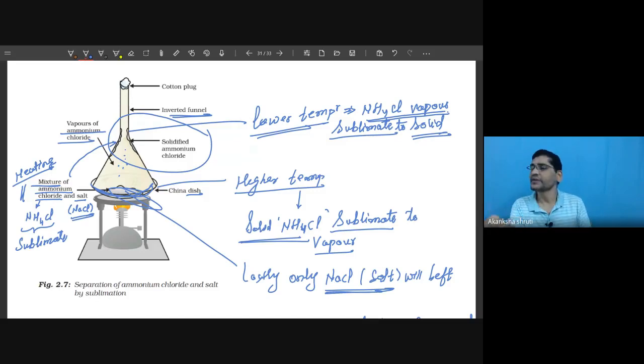After that, while lowering the temperature, all the vaporized sublimate will condense back in the other region. This way, the sublimate impurity gets deposited on the middle of this funnel, and the ammonium and the sodium chloride or the other component remain in the China dish. So not at any temperature, but the temperature is controlled. But these things are beyond your scope.